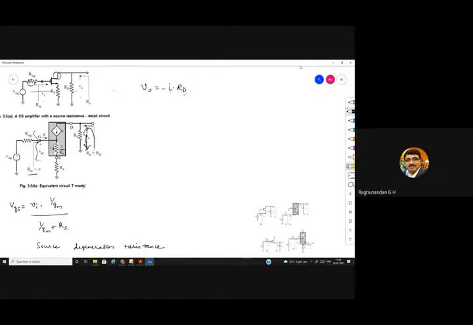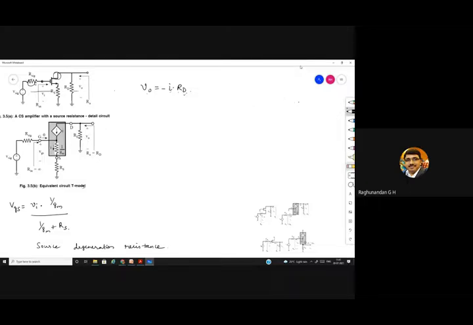In a rough way, if you want to remember, always remember in BJT, all CE configurations will get a negative sign. In FET, all CS configurations will get a negative sign in their gain. Gain being negative doesn't mean the value is negative. It indicates that the output and the input signals are out of phase. They have a phase difference of 180 degrees. That is the meaning here.